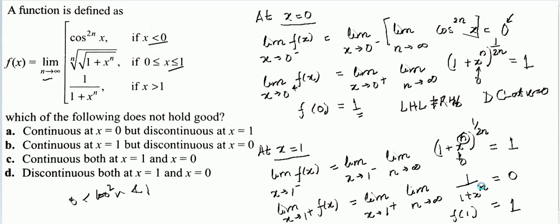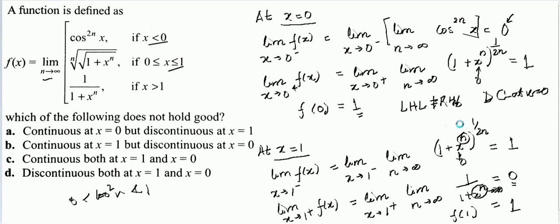The answer for the right hand limit: if you have a value greater than 1, at 1 plus, this will tend to infinity, and hence this will become a very large denominator. Thereby 1 by a very large number will become 0. And of course at 1 the value will again be 1, because if you take the value at 1, it will be (1 plus 2) to the power 1 by 2n, that is 2 to the power 1 by 2n, and 1 by 2n is a very small power, almost equal to 0. So 2 to the power 0 will actually be 1.